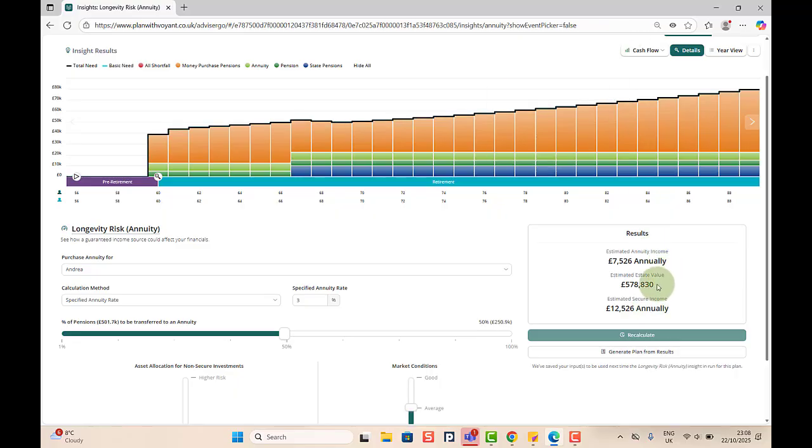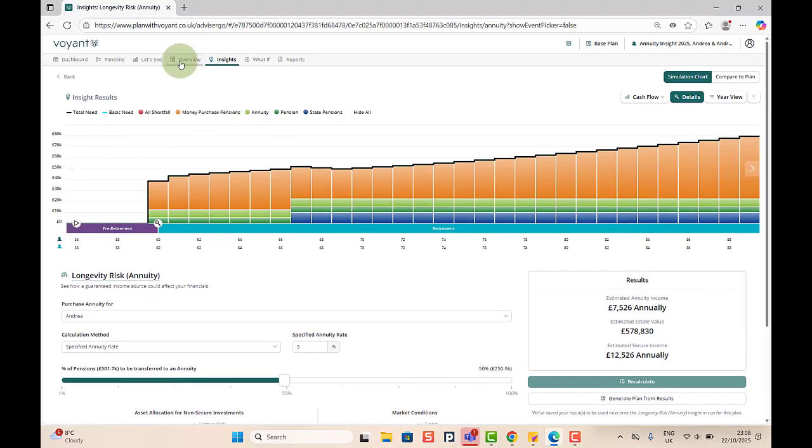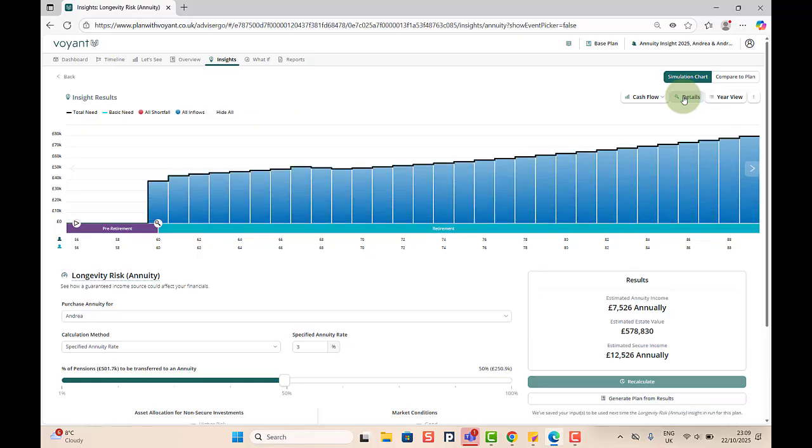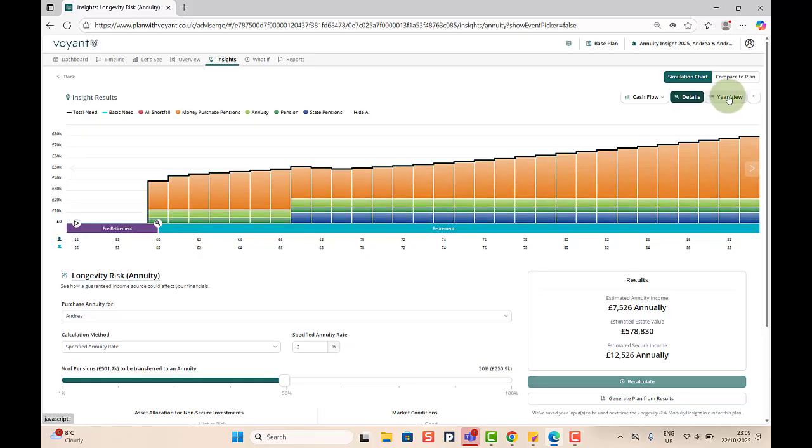The estimated estate value is the total value of the selected person's estate at the planned legacy. So it is Andrea's estate at the planned legacy, and you can see the legacy if you were going to go to overview and legacy up there. The insight shows the cash flow chart by default, but other charts are available to view. We can go from detailed to simple and back to detailed, and year view is also available to inspect what